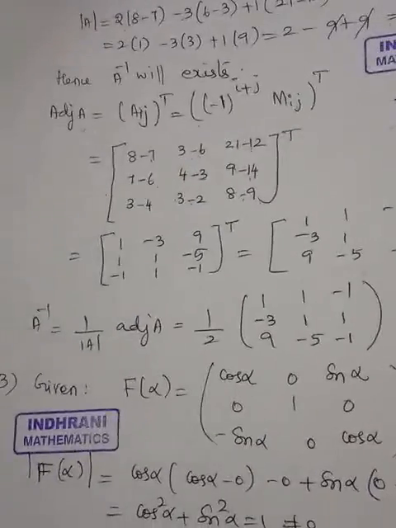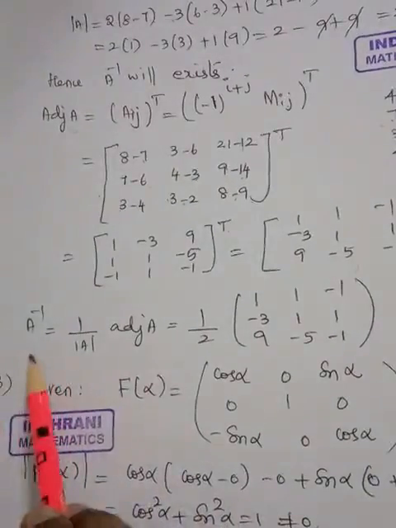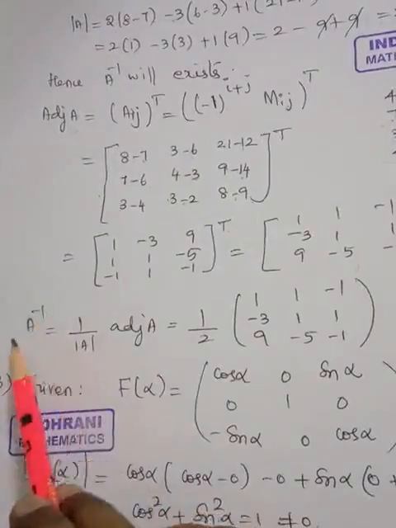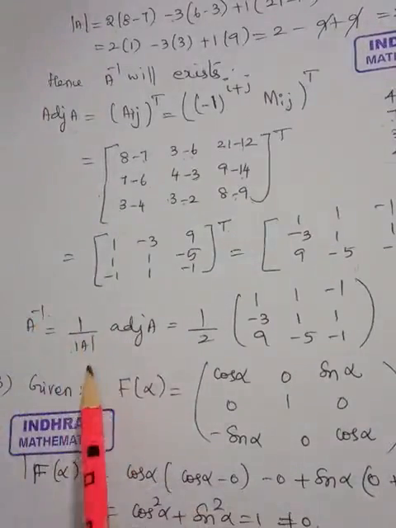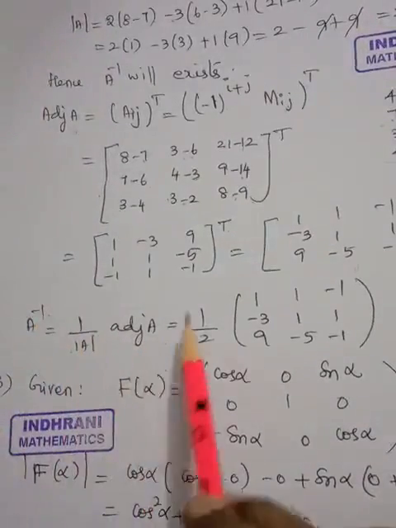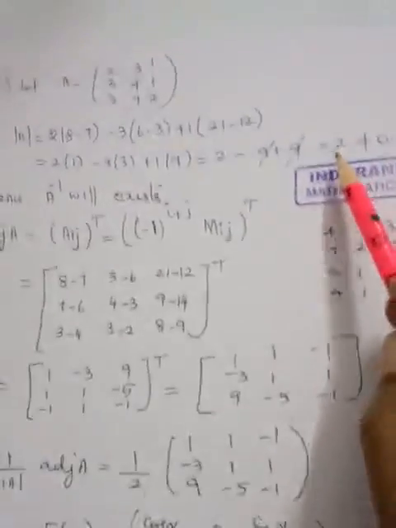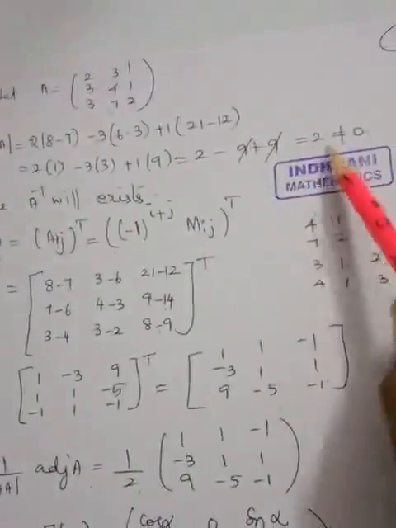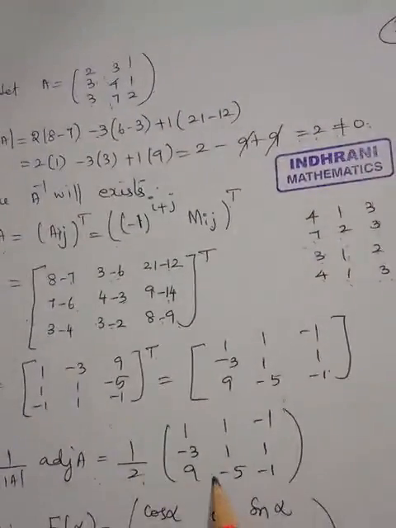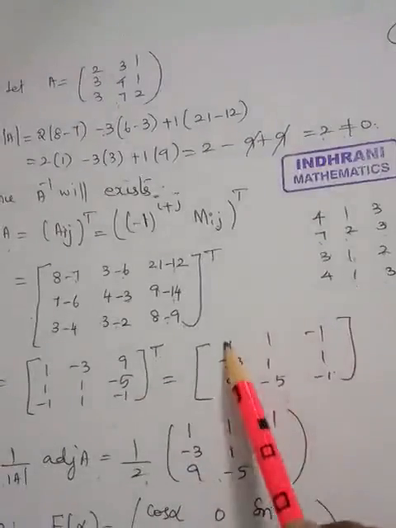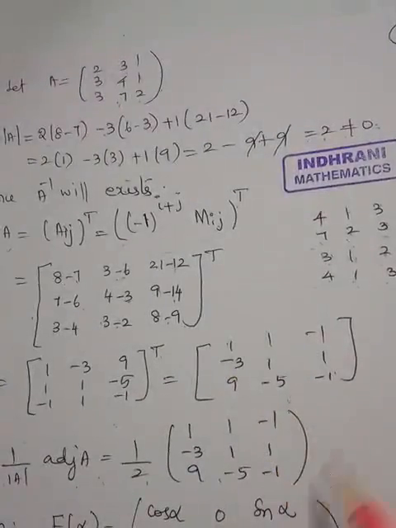So we are going to substitute in the formula because we want to find out A inverse. So A inverse is equal to 1 by determinant A into adjoint of A. That is, 1 by determinant A is nothing but 2. We already calculated that the determinant A value is equal to 2. So 1 by 2 into, just now we calculated the adjoint of A, that you substitute, you will get the solution. Hence